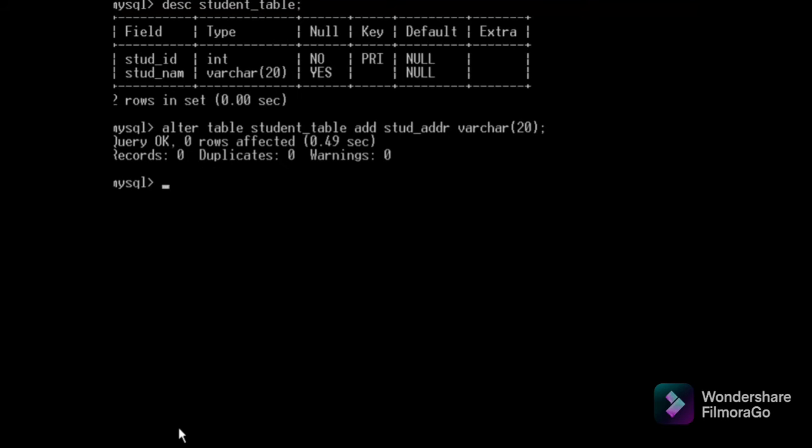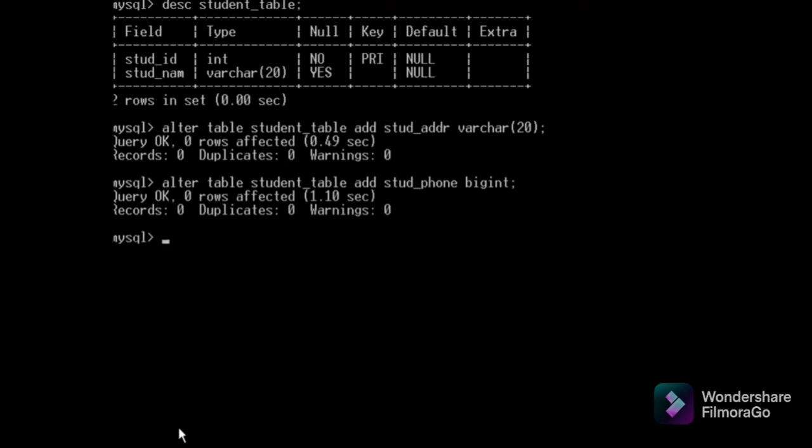Yes, it is affected. I want to add one more, student phone, and I want to give the student phone as bigint because I am having more numbers.